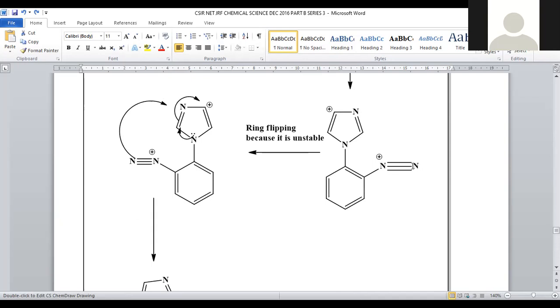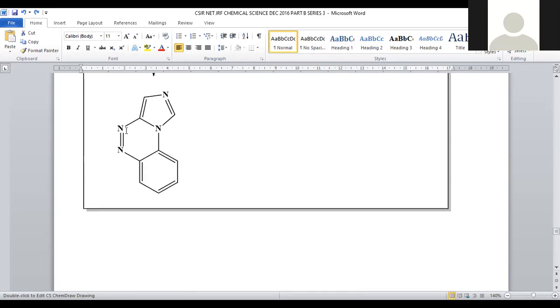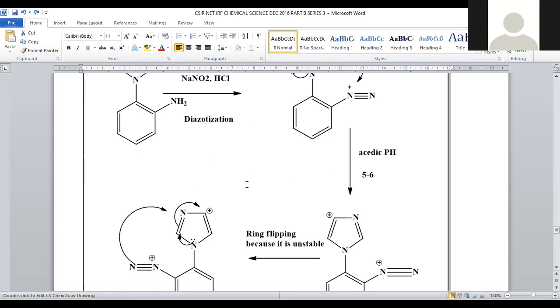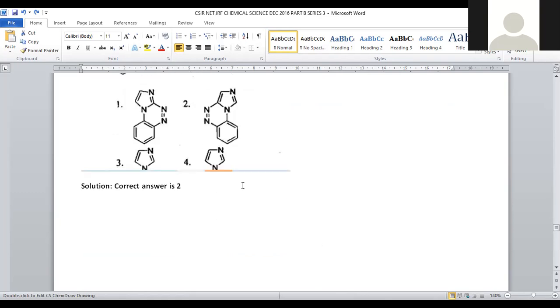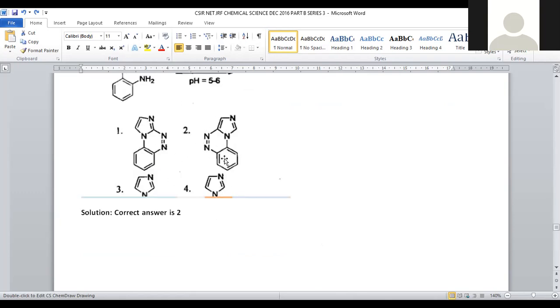That's the reason we move these two nitrogens to the other end. When ring flipping is possible, two nitrogens are on the left side and two nitrogens on the right side, so that repulsions will be minimized. In that way, stereochemistry will be generated where the product has least energy and most stability, right? Two nitrogens move to the left hand side, the remaining two to the right hand side, and that is provided in option number 2.